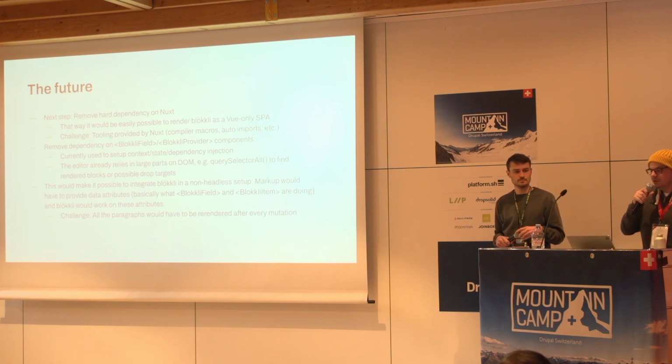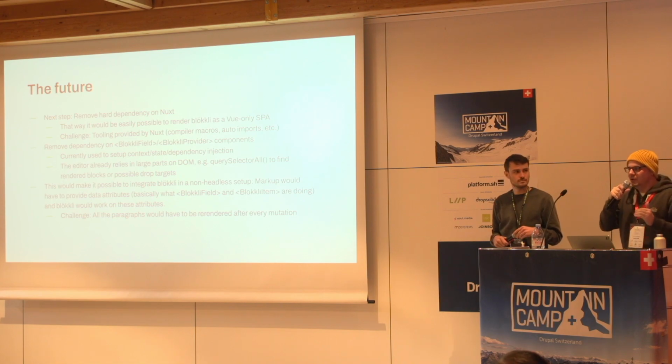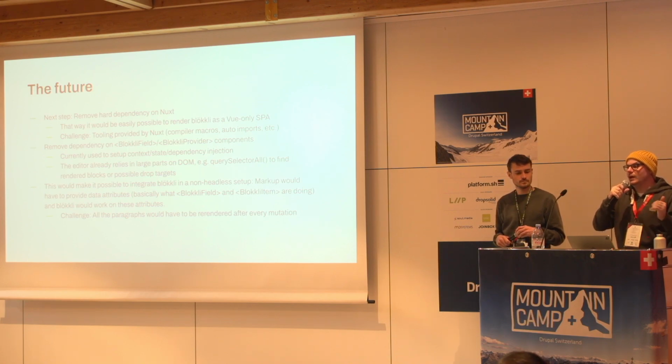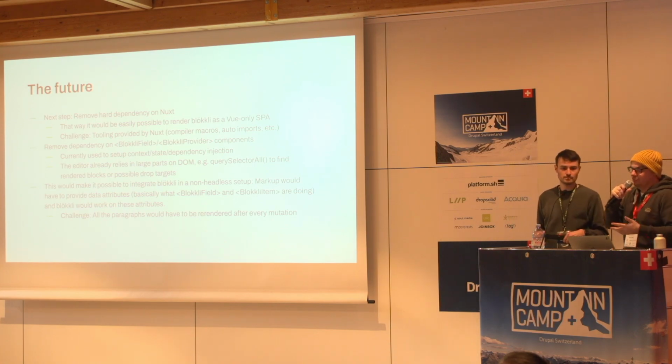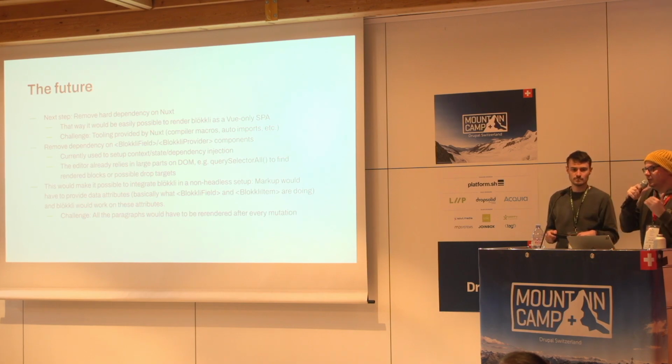And the other dependency to remove is the reliance on Blokkli field and Blokkli provider, because what they essentially do is just set some data attributes on the element. So for example, the drag and drop action goes through the DOM and checks, okay, this block paragraph with this UID, it goes up the parents and sees it's this field. It goes up again, it's this provider. So that's how it knows the information. And in theory, you don't need Vue for that. You can just do that with some preprocess hooks and add these same data attributes